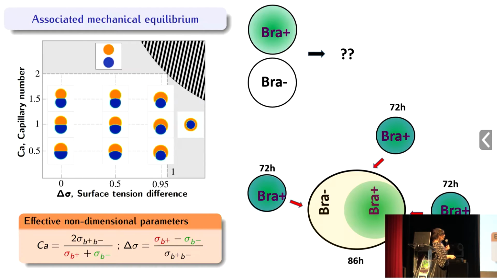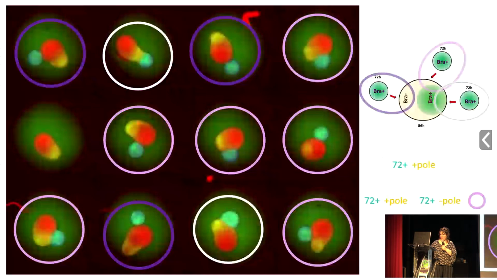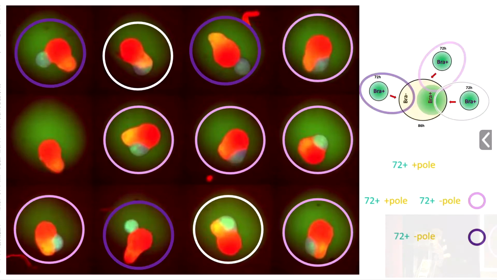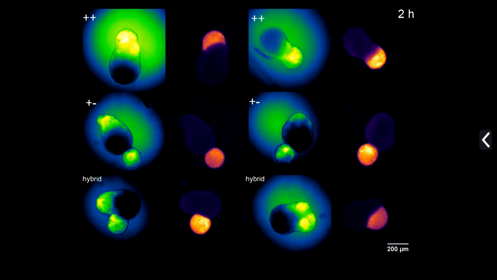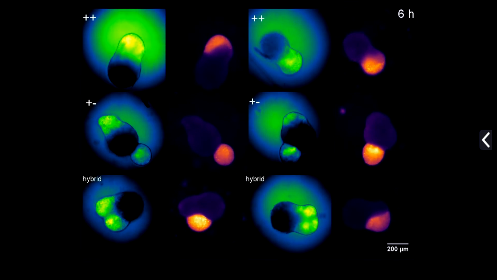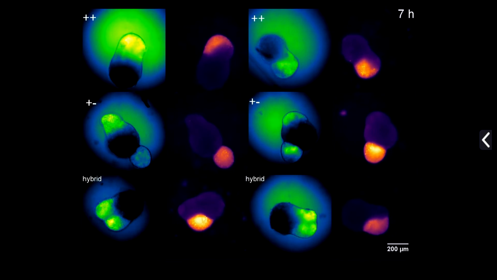So what I did is asymmetric fusion. I take a whole organoid, which has already the gradient, and small organoids which do not have the gradient. And then, depending on the angle of attack, I can look at how these two tissues merge. This is like the easiest experiment I've done in this project, and it's quite satisfying because you just put them and they would take different angles, and then you can analyze these angles. So this is another way to see that, and just to show you, the plus minus, you can see that they don't fuse. They would stay